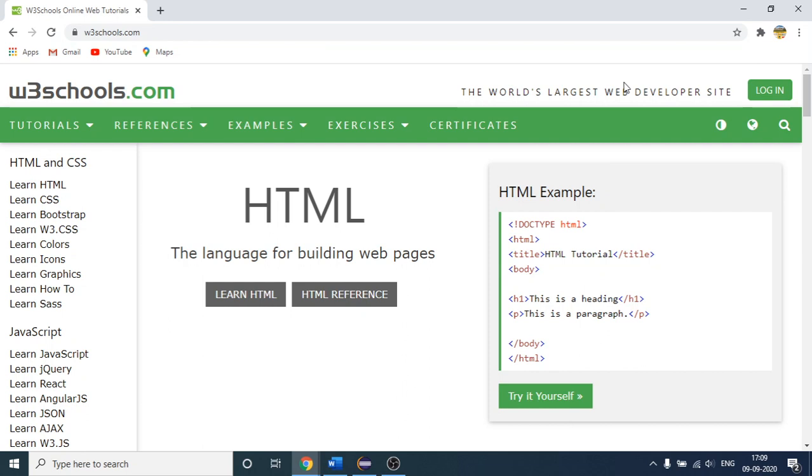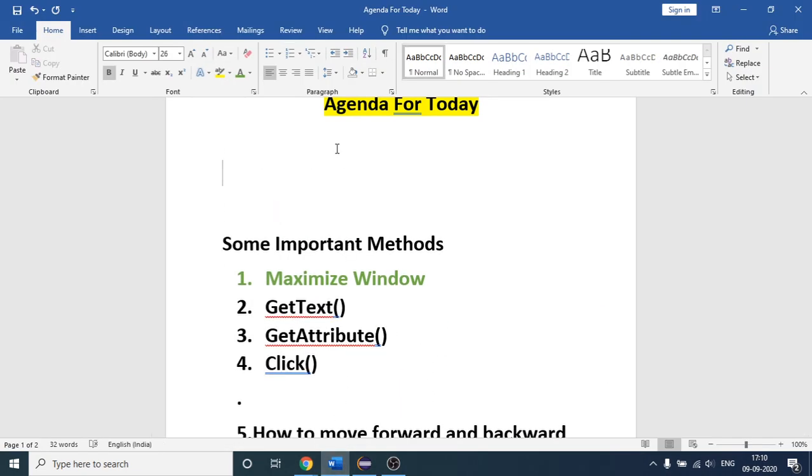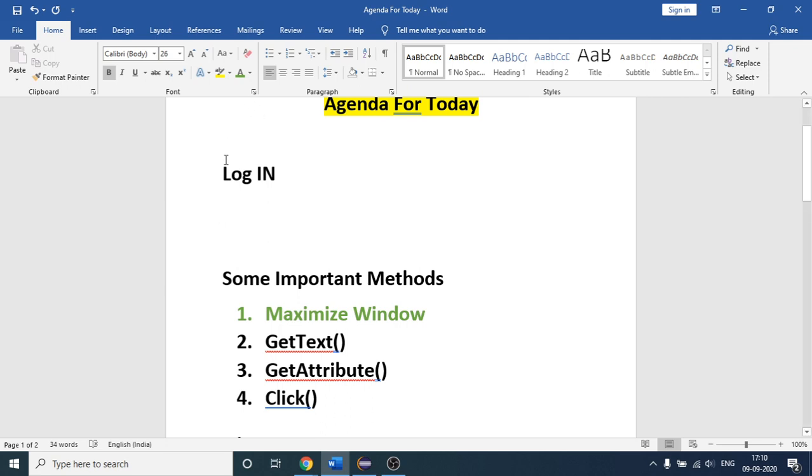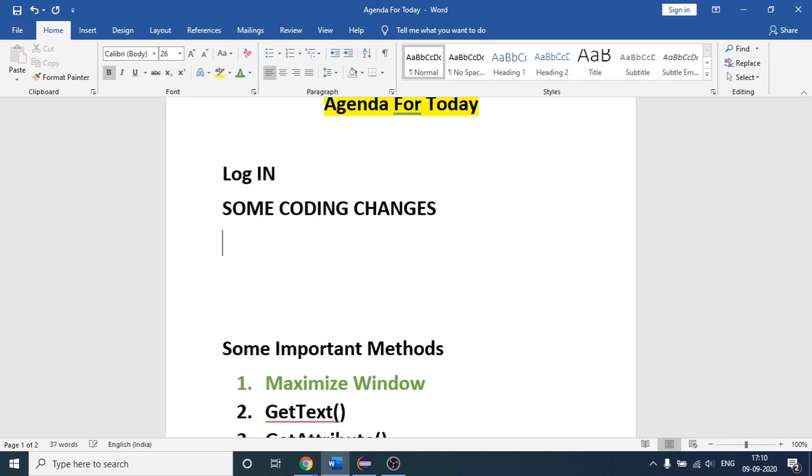Suppose this is the text you created on your website, but after some coding changes, this login will change to something like this.